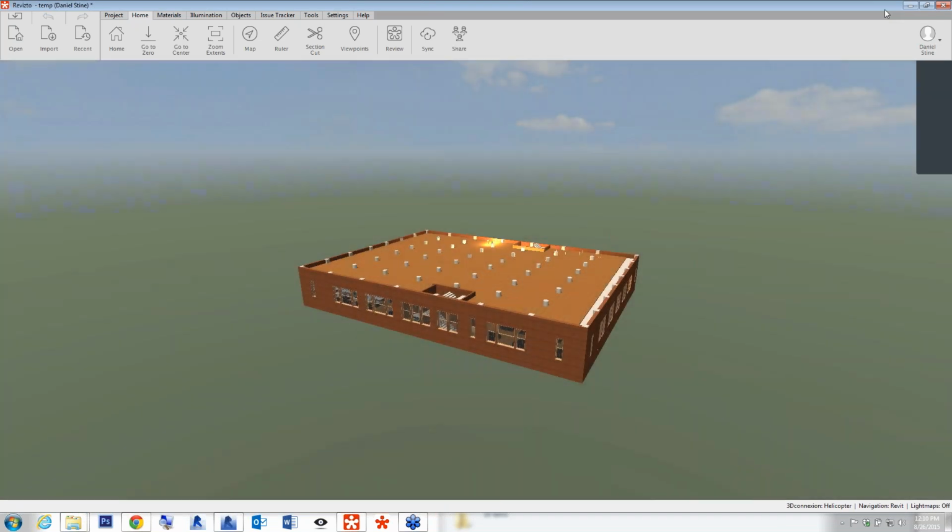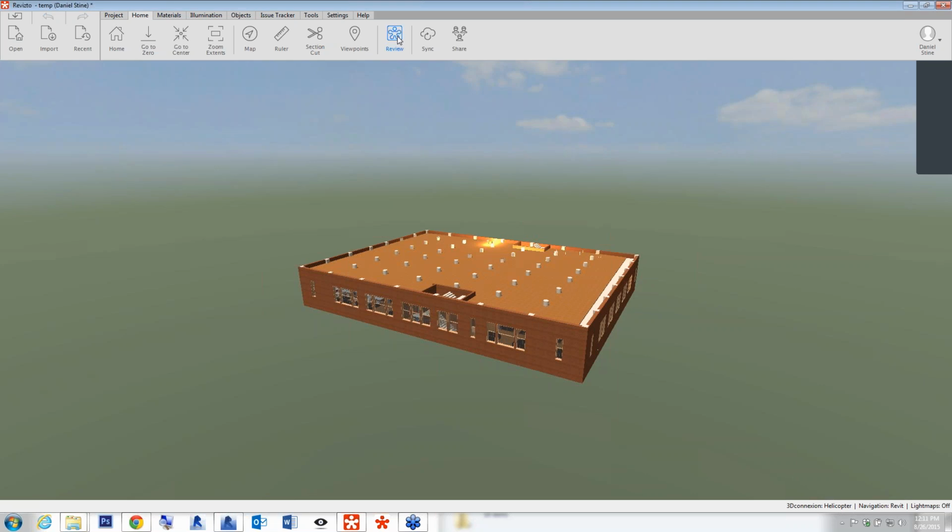So here you can see in just a couple of minutes the model has already been exported to the editor, and nothing was done in this Revit model to really prepare something to make it look better for you. So what that means is pretty much at any time during the design process you can push this model out to the editor and then to the viewer, and then use it for internal design critiques or meetings with clients. There's lots of really cool stuff. So now that we have it in the editor, I'm not going to do anything else in the editor except push it out to the viewer.